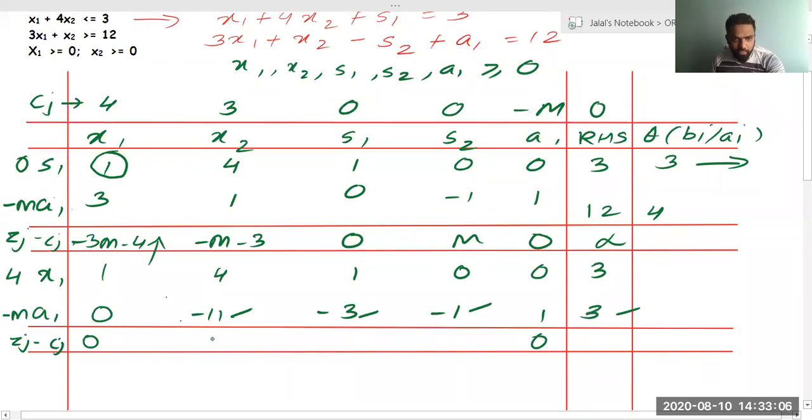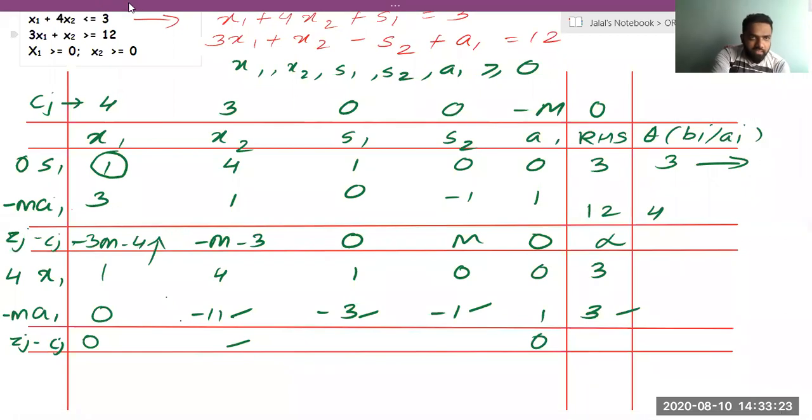Now what do I need to find? I need to find this value. We can do it either way. I prefer this way because the other way there will be lots of m, you can see. I don't want this much m to be there. So I'll do this way. I'll just change the color.